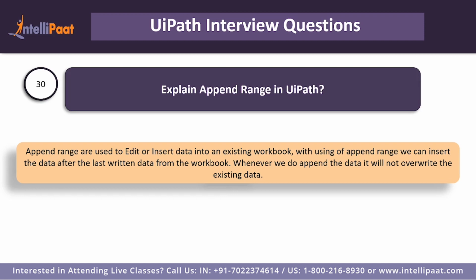With write range, it will start writing from the first instance, and any data that you have will be overwritten. So let's say if in column 2 I had written some number ABCD or some random thing, we will overwrite the data with the new data that we have. Whereas when we use append range, we do not overwrite the data. We write wherever the written data has ended, after that point, and then we go about writing that. So that is about all of the questions, guys.